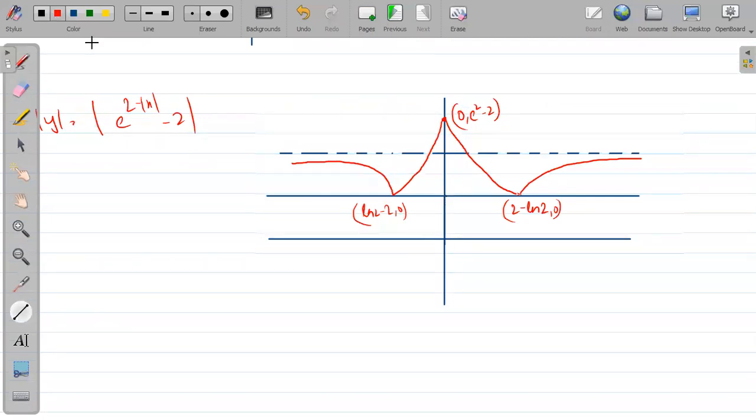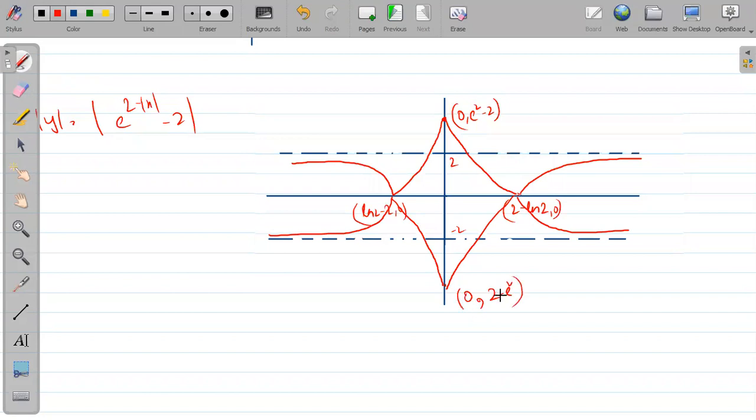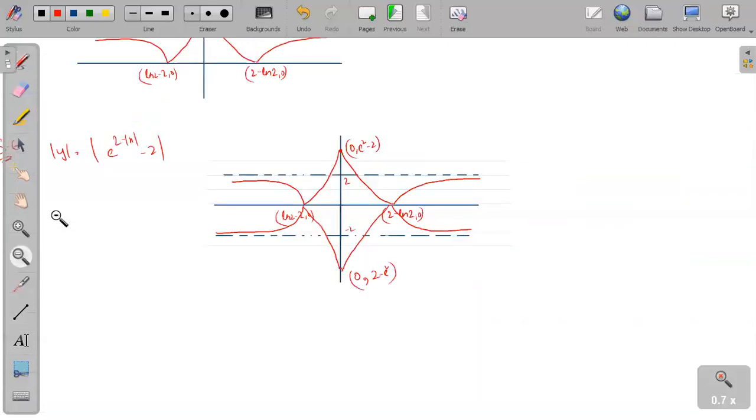Okay, sir. Let's draw with the dotted line. Make it a dotted line. It is again a dotted line. This line is y equal to 2, and this is y equal to minus 2. Now you need to draw the graph. Very similar graph you will get. See, here also it should be similar only, but okay, fine. We are not making the perfect diagram, we can't. This is the graph you will get, with the point (0, 2 minus e²). Correct or not? Correct only, sir. This is the final graph you will get.